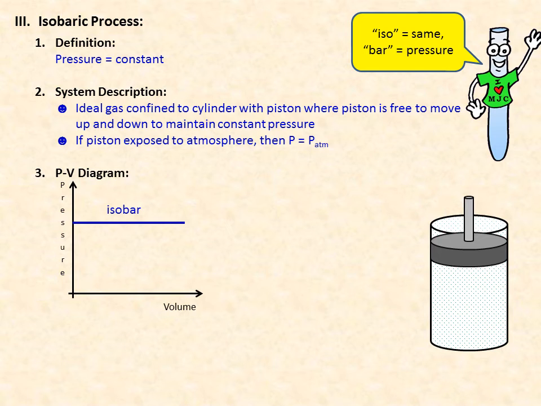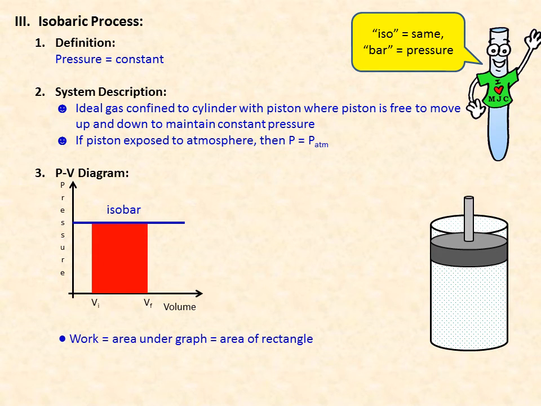And as you might expect, we can look at either an isobaric expansion or compression of the gas. In the case of an expansion, our system will start out at some initial volume and end up at some final volume, in which case the work done on our gas is simply the area under the graph, which in this case will be the area of a rectangle,